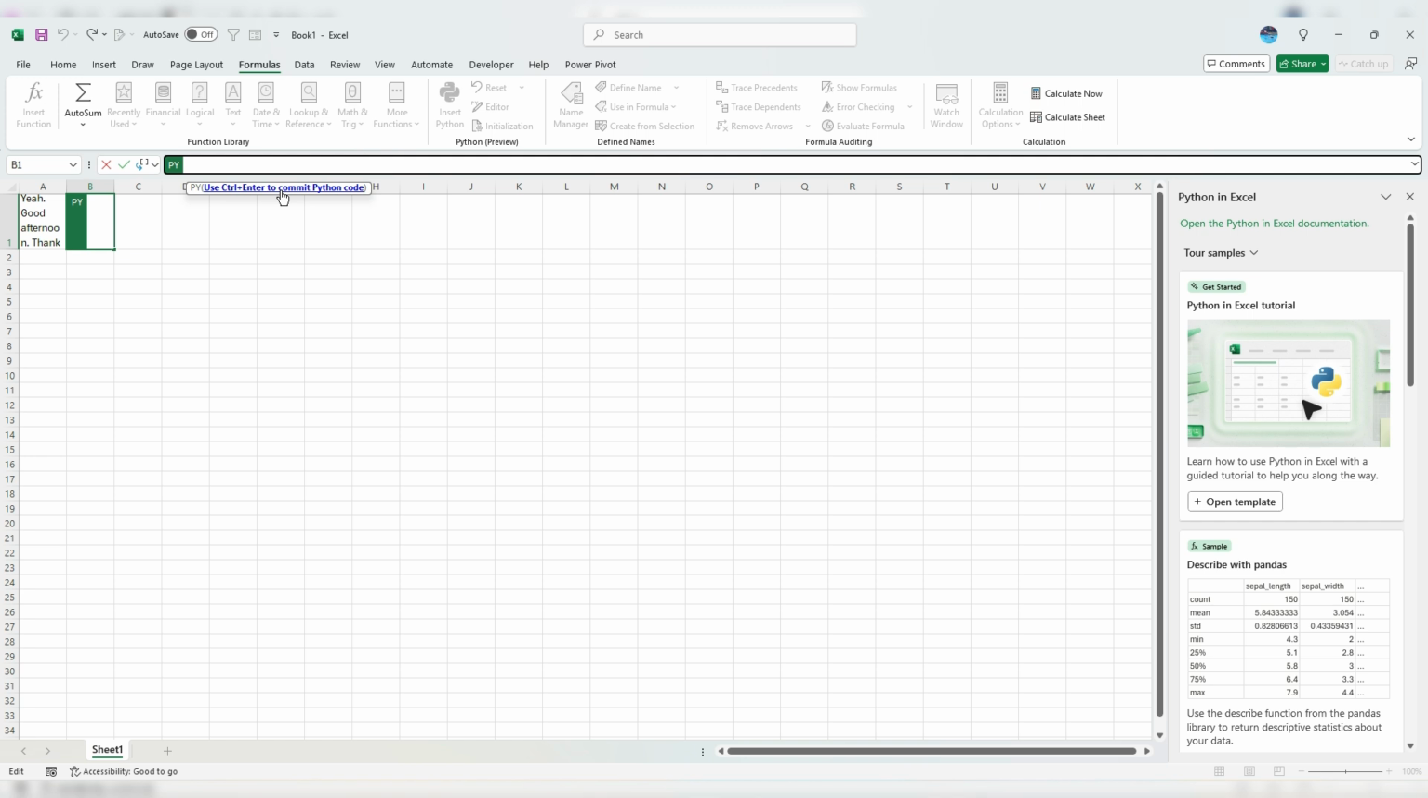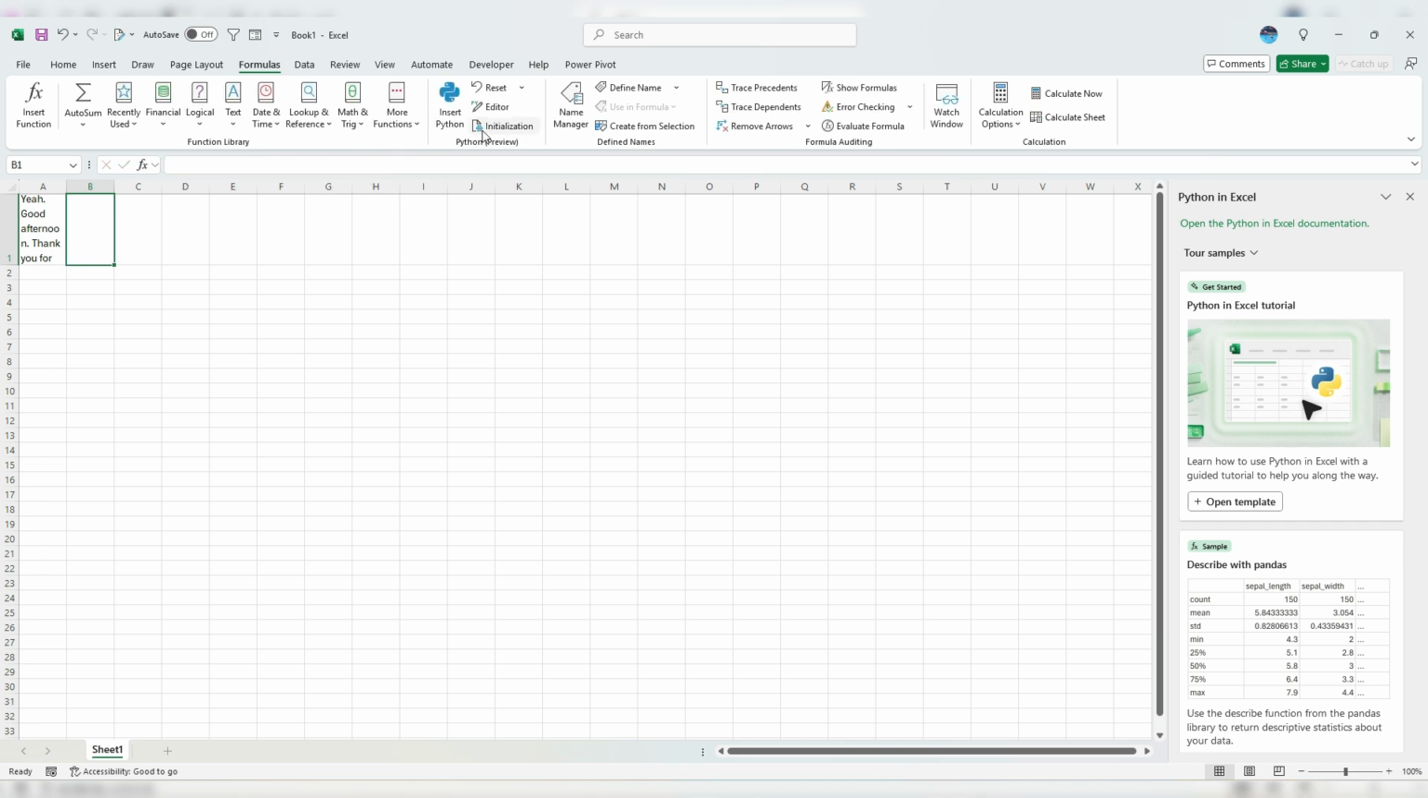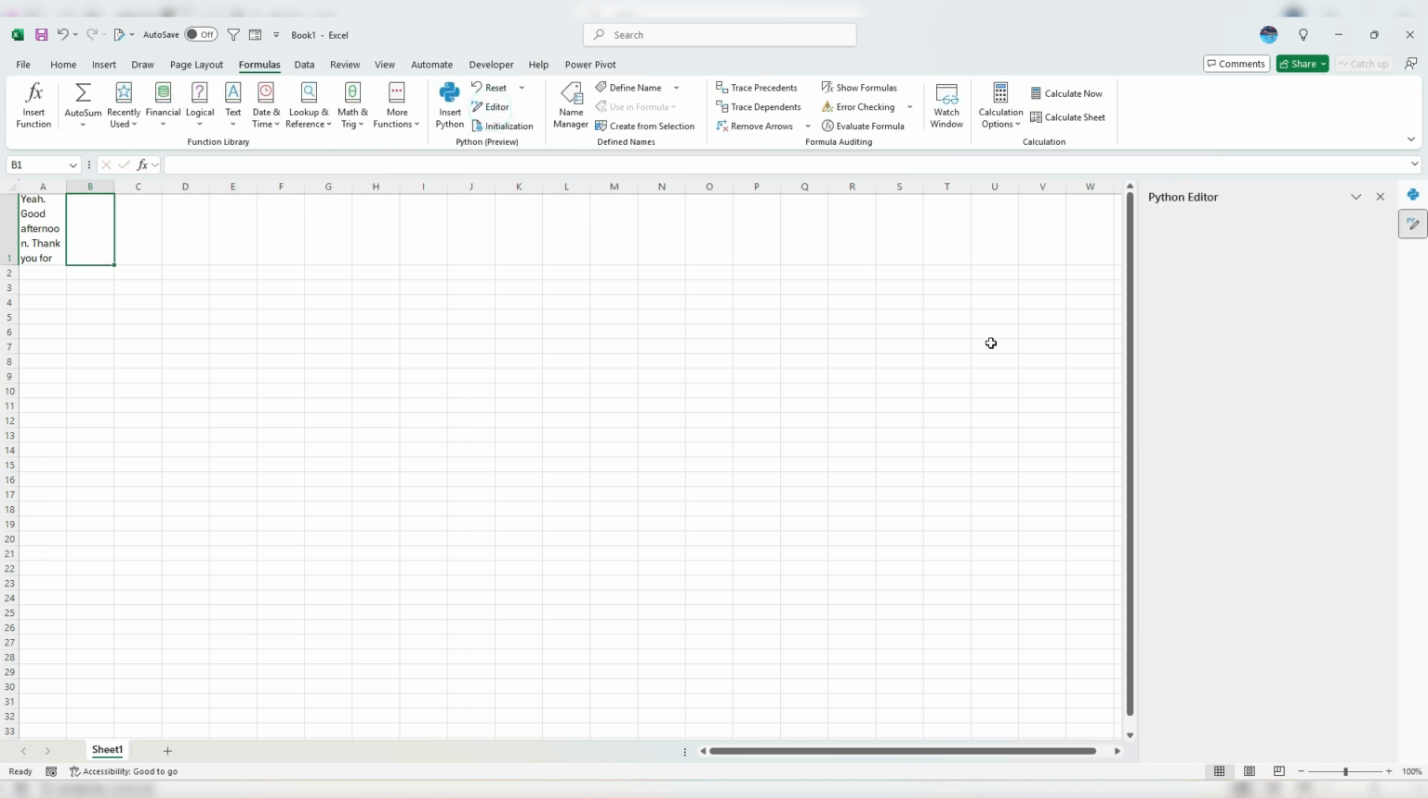So when you're entering Python code, if you just hit enter, it's not going to do anything. It's just going to go further down into your code. So once you're done with it, you hit Control Enter, and then it'll commit and run the code. But rather than entering code right here in this formula bar, what I can also use is the editor. If I click on editor over here, it's going to open up this pane on the right hand side. And so I can click the option to add Python cell in Sheet1 B1, which is where I'm at right now. So if I click on that, now you can see it's a lot easier to enter in code